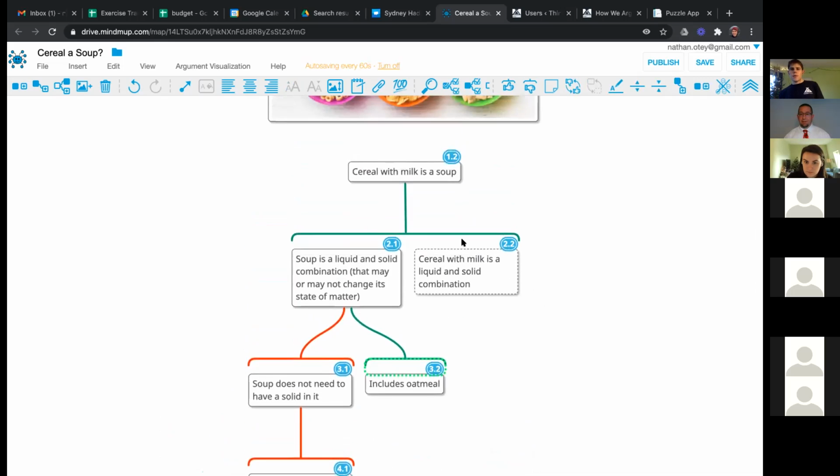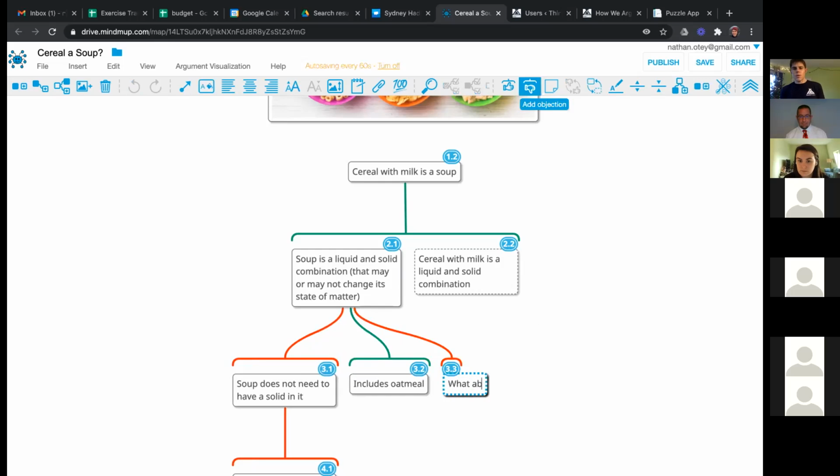In that case, Nate, I would like to raise an objection. I don't have a definition objection yet. Great. But I would say the way that we're talking about introducing a liquid to break down a solid to make it a soup, I do not believe grits to be a soup. Though I would say we have broken down a solid and introduced water to the same consistency as oatmeal. But I don't think that is a soup, and I don't think it necessarily meets the definition of a liquid and solid combination.